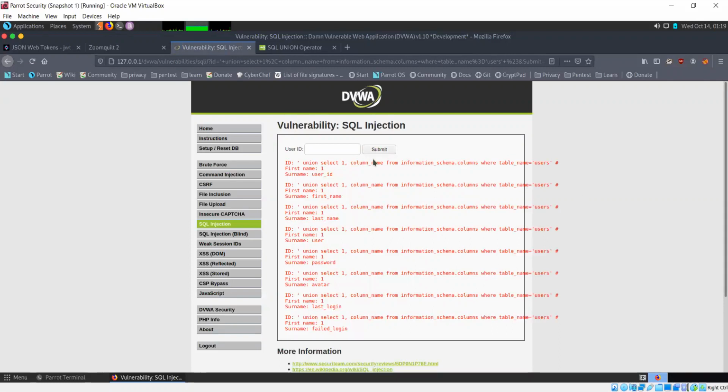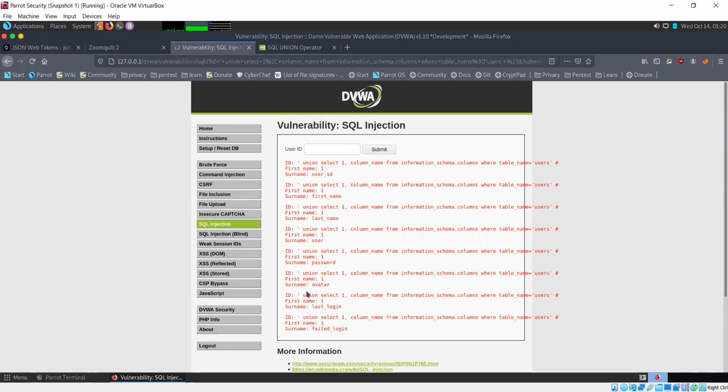So okay, here we can see that we are getting names of different columns within this users table. There's a column for user ID, first name, last name, user, so this is probably the username, password, avatar, last login, failed login.